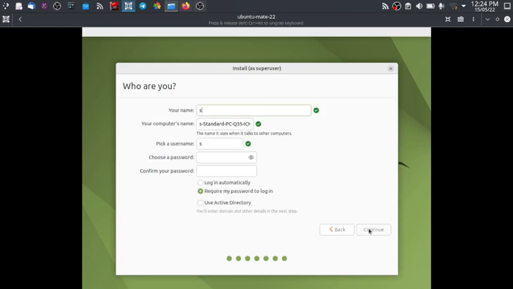Type in short name and short password. Remove the extra string of the name. Put a simple password for the review purpose only. But in actual case, you must have at least 8 to 10 character long strong password. That is recommended. Select the require my password to login option. That is default, but if it is not default, you have to choose this